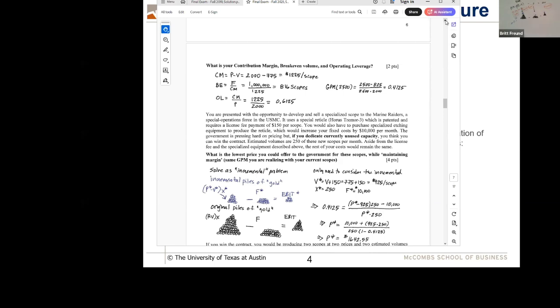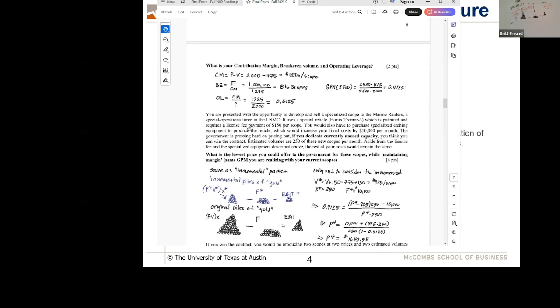And so imagine these guys, the Marine Raiders, wanted to buy a specialized scope from us. Now, mostly they wanted to use the same stuff that our scope already was. And it doesn't matter. All these words don't really matter. I only put them in there to put realistic context around it. Those of you who are former military already know this, but the scope that the Marine Corps and the other military uses has a special reticle in it. So when you look through it and you're looking at all the little etchings and everything, it's a special reticle. It's called the Horus Trimmer 3, okay? And it's just a special thing.